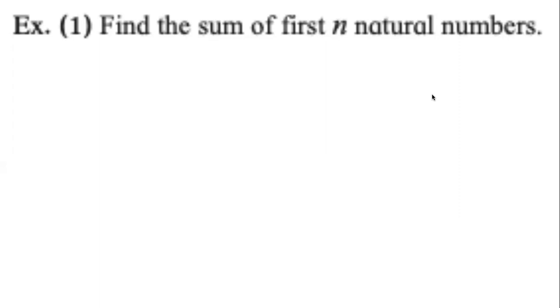Now you have 2 minutes to read the solution that is given in the textbook. Then raise your hand if you have any doubt. If you have understood it, show me the thumb. I repeat, whenever we have an AP of natural numbers and we have to find the sum of n terms of that AP, we can use this formula directly. We will not lose any marks. The choice is ours. We can directly use the formula.